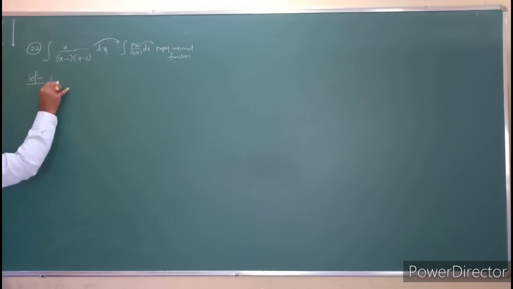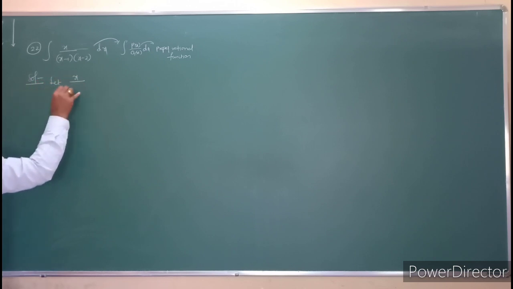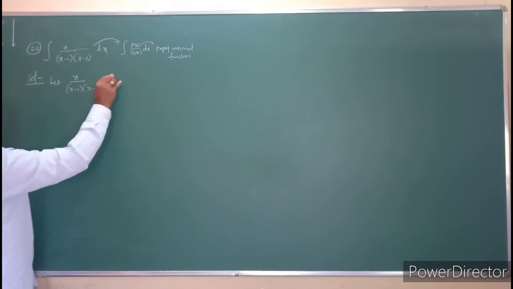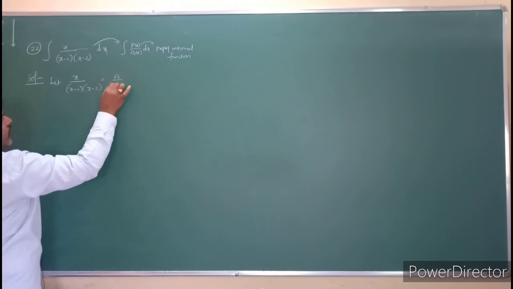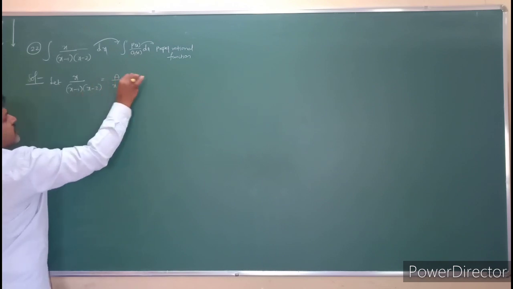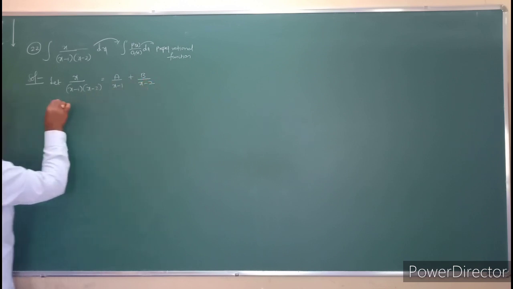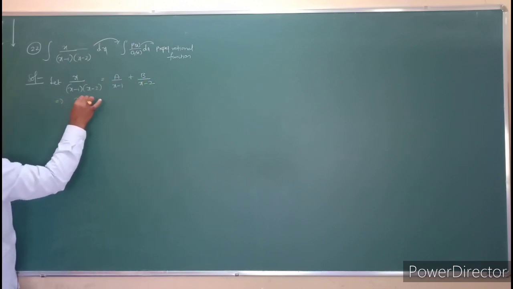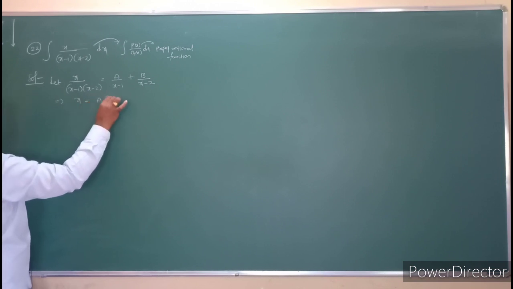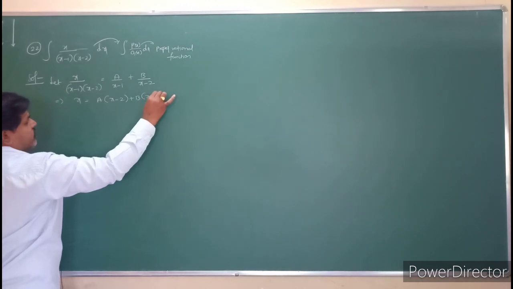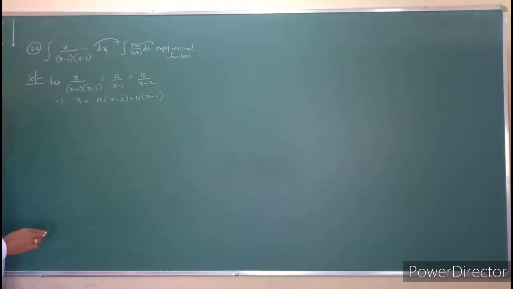Let x by x minus 1 into x minus 2, you can take it as a by x minus 1 for the linear term plus b by x minus 2. So that implies x is equal to a into x minus 2 plus b into x minus 1. So first what we will take,